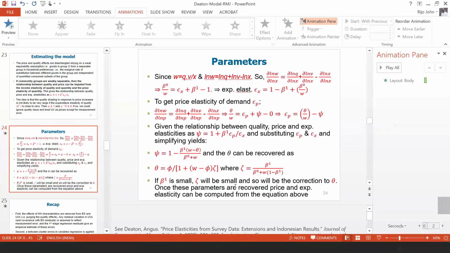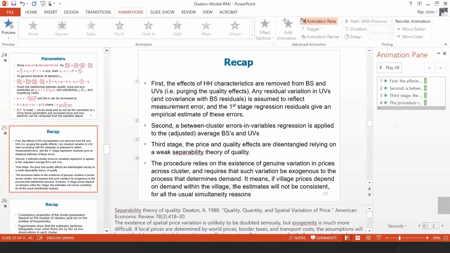So obviously, there's huge inefficiency if we were to use the original codes by D10. But it's quite a complex code, and it is quite a challenge to rewrite it using the new Stata. But we have done that for one commodity model, which I will be explaining soon, so you will know how it works. So just to recap, the effects of household characteristics are removed from the budget share and unit